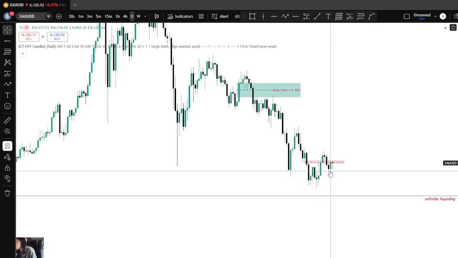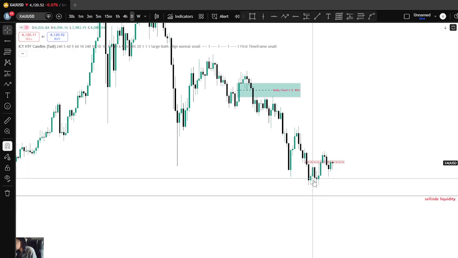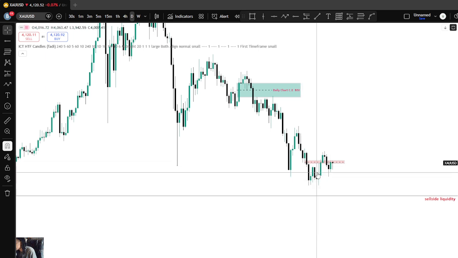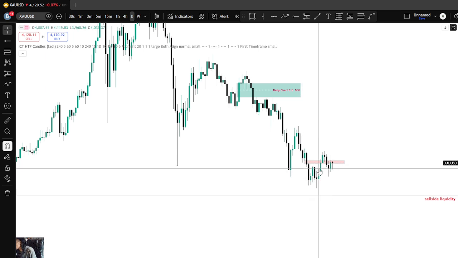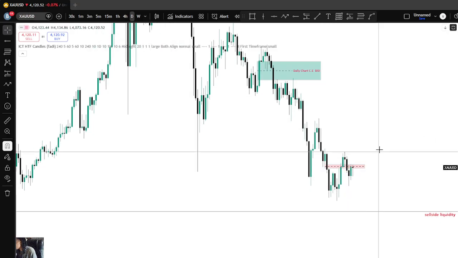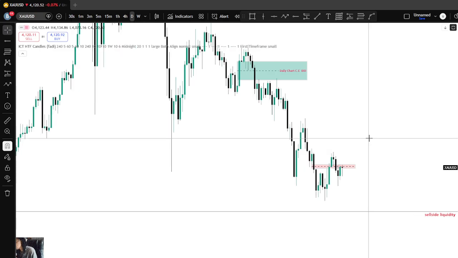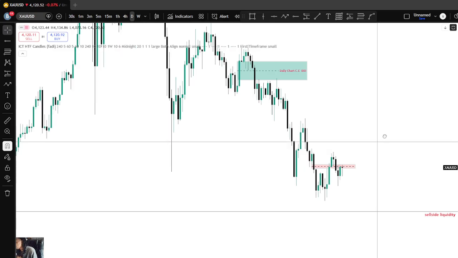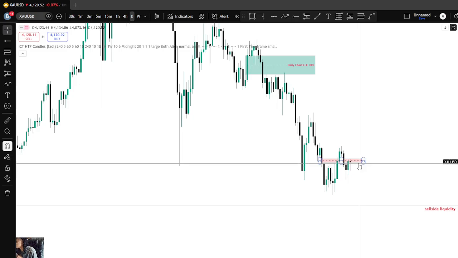So right now we're having rejection of these here, this kind of OB structure around here. That's why we're having some rejection away from it, but that doesn't really change my bias, right? So on Monday or Tuesday or Wednesday, maybe we can trade the counter trend, but the goal, remember, the goal